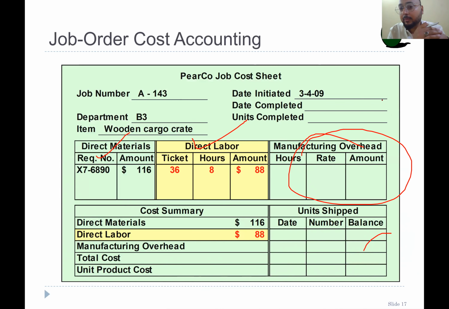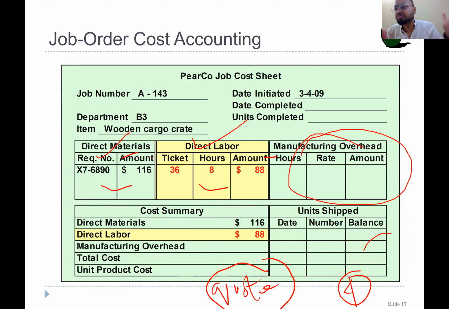So when you receive an order in advance, the companies ask for a quotation from you. Please quote us a rate. We want to order from you, for example, 4 wooden crates of this much dimension. Quote us your rate, right? So you know how much direct material is going to be there and how much direct labor is going to be there. It's pretty easy. But remember, when you quote the rate it must include the manufacturing overhead. Here comes the problem. If you do not understand how much my manufacturing overhead is,